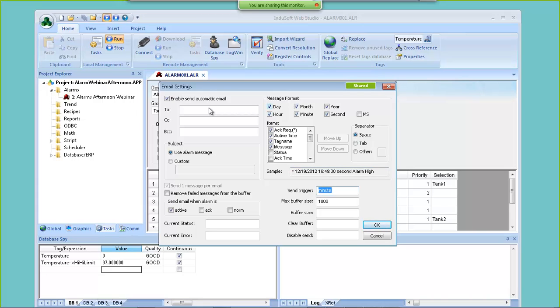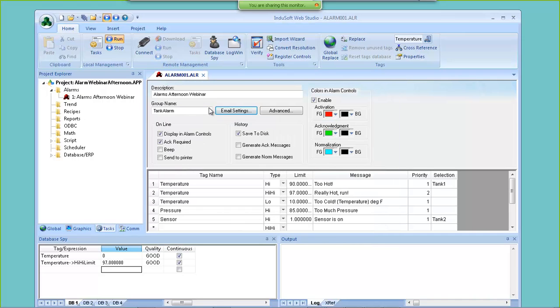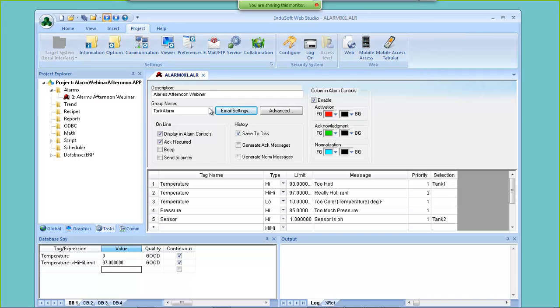What do I want to send? Do I send the date and time? What columns do I want to send, and who do I want to send that to? And before I send this email, I have to configure my connection to my server. And in order to do that, one of the things that I can do,